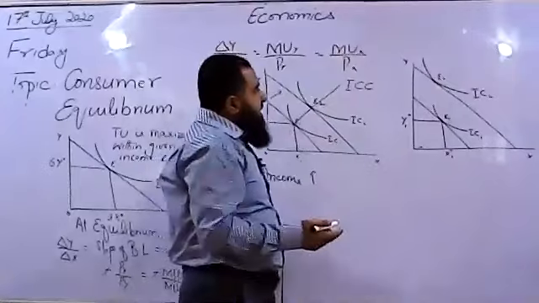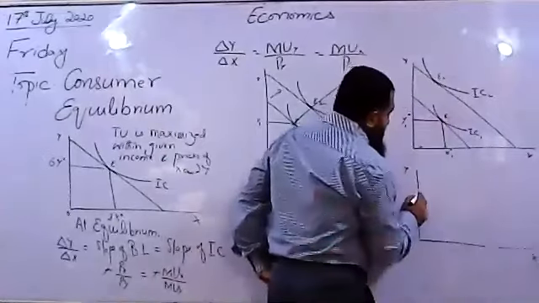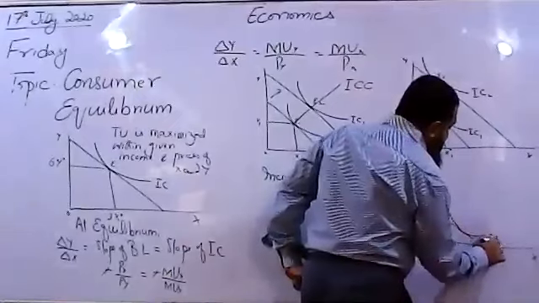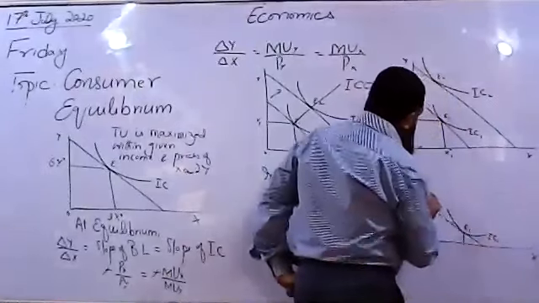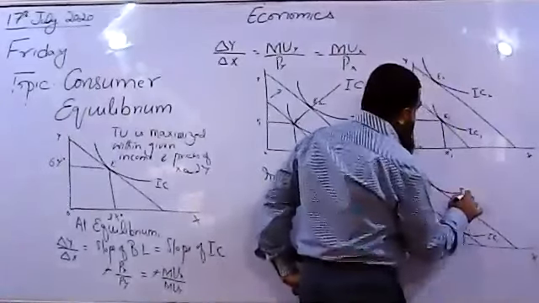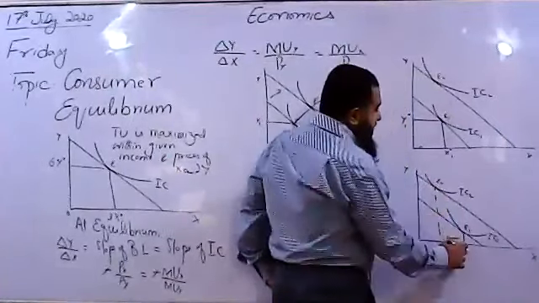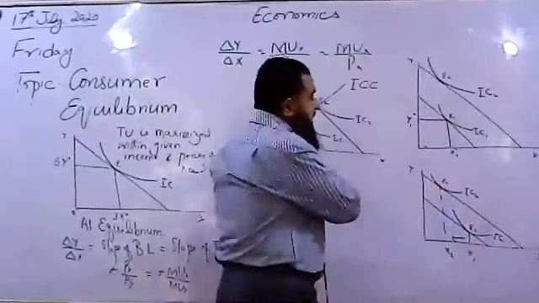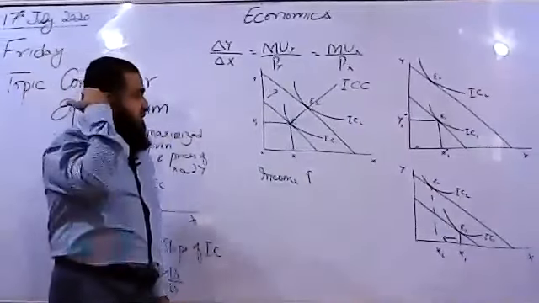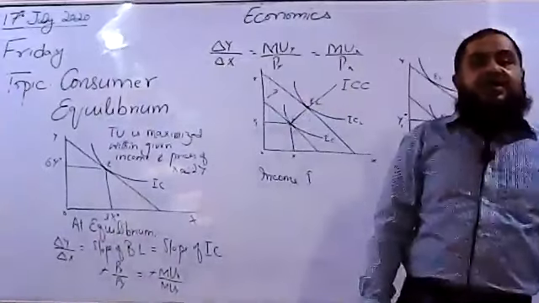And if he decreases the consumption of X, like if I say, previously the consumer was at this point E1, now due to an increase in his income, he moves to this point E2. So you see, due to the increase in income, X1 consumption has decreased, although Y consumption has increased. So if due to an increase in income the consumer is buying less of X, it means X is an inferior good.